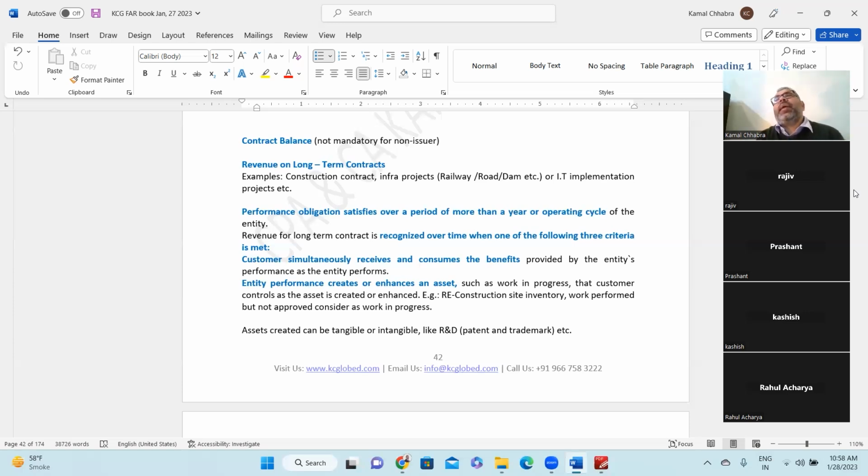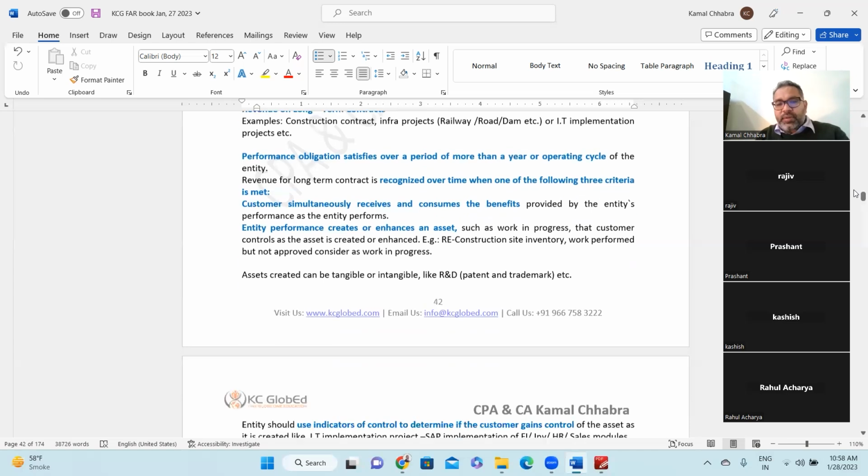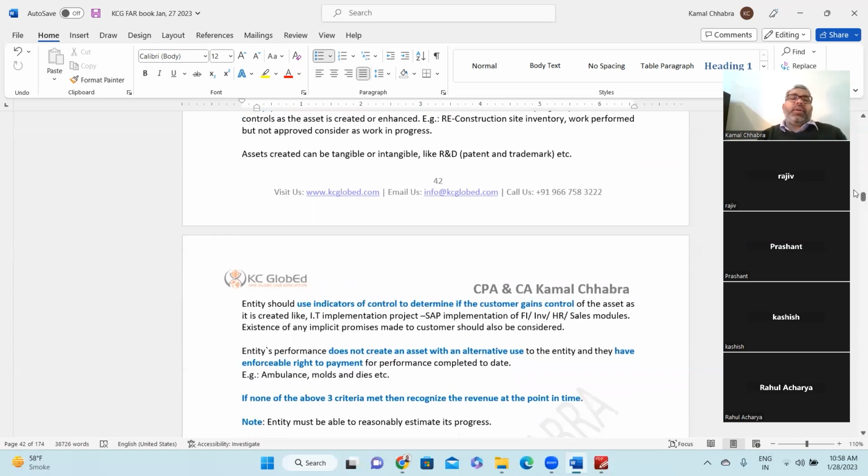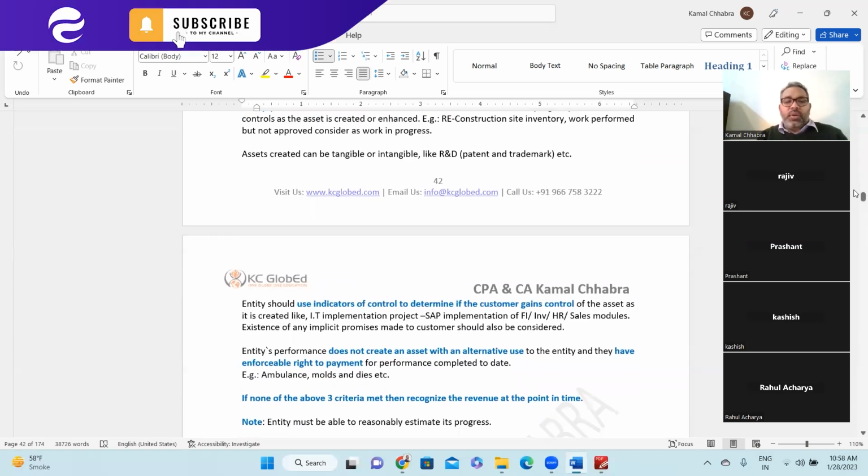Or you remember like ambulance project, right? Those all come under the entity performs and creates or enhances the asset specifically for the usage of the customer. And third thing is assets created can be tangible or intangible, like research and developments. Third point is entity should use indicator of the control to determine if the customer gains control of the assets